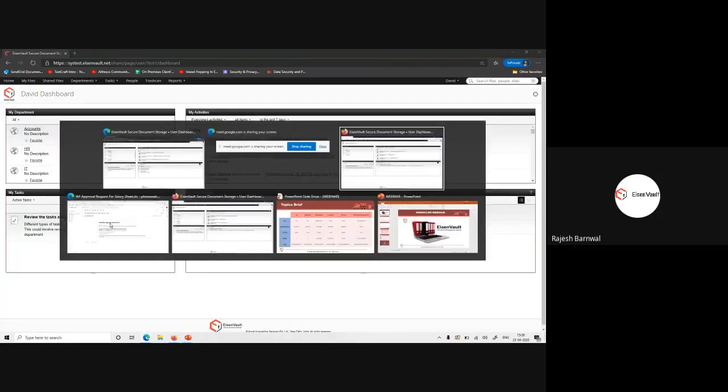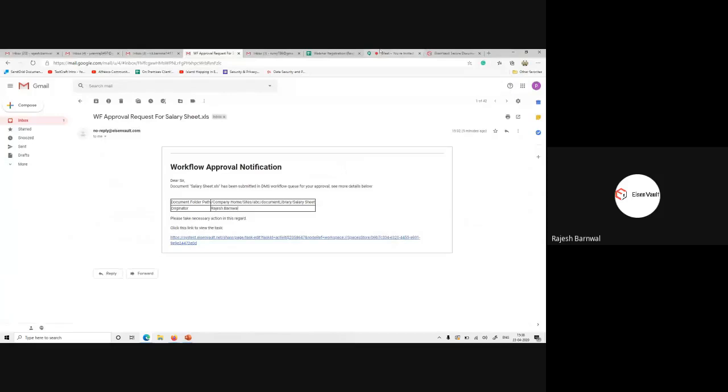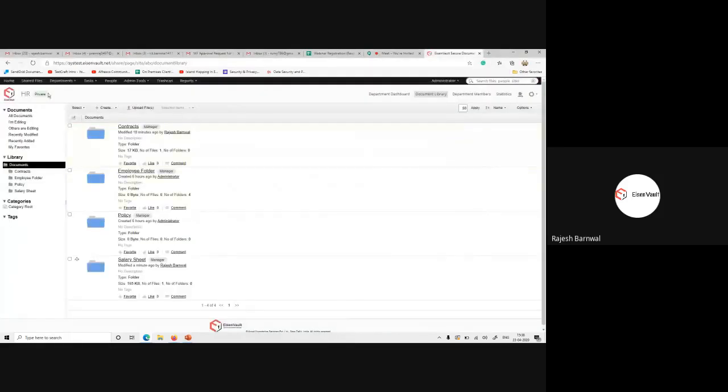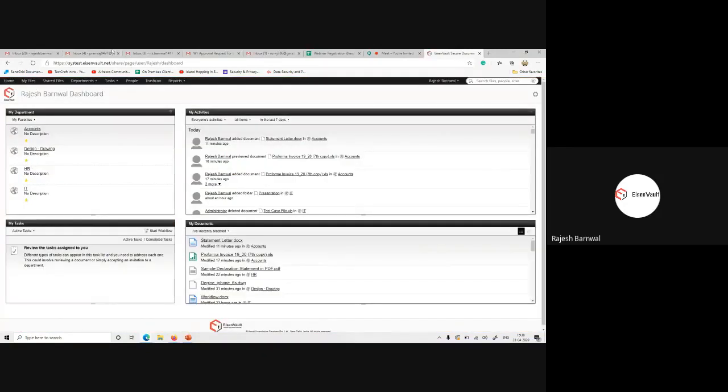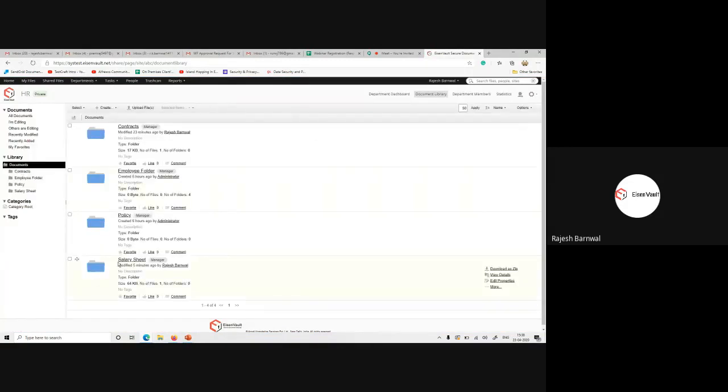So who is the initiator? Rajesh. So let me switch to Rajesh's dashboard. When I reload this page, let me log in with Rajesh first. In the HR document library, the salary sheet.